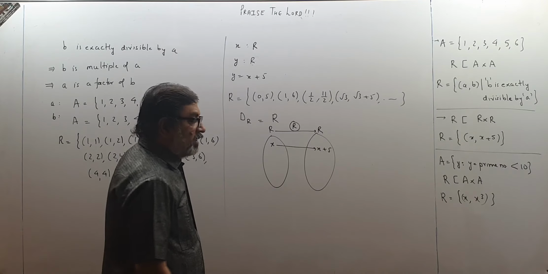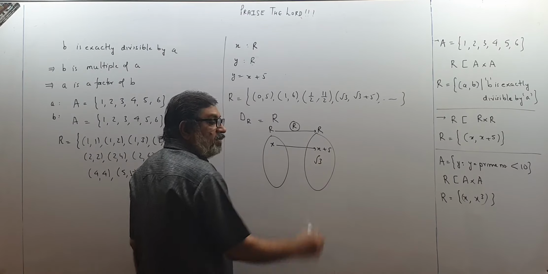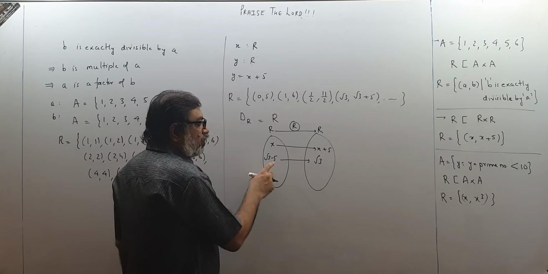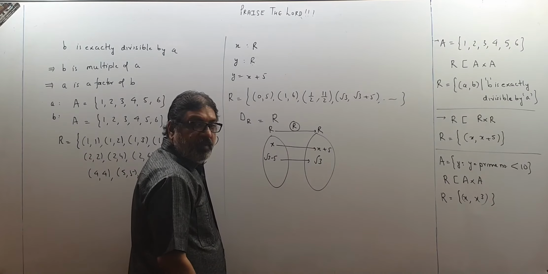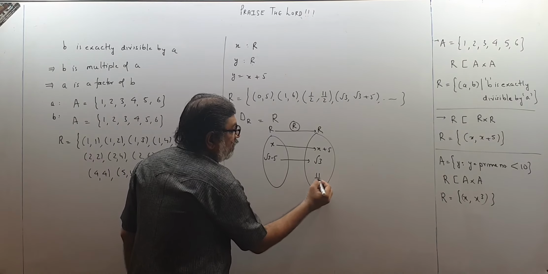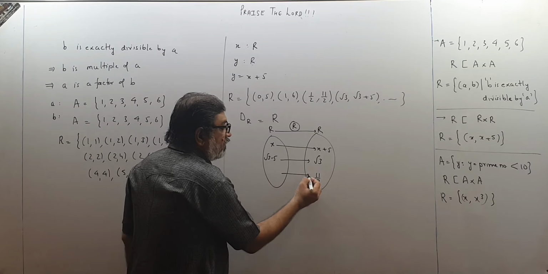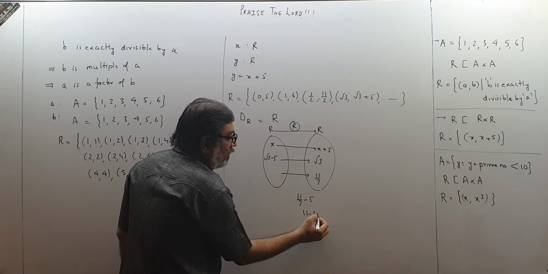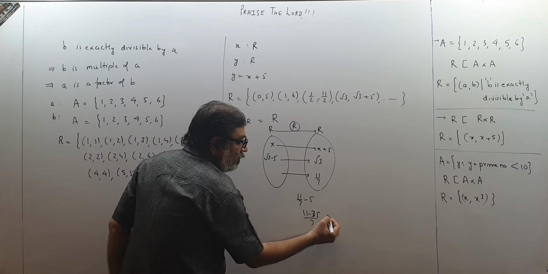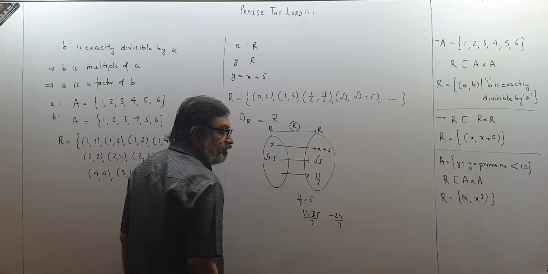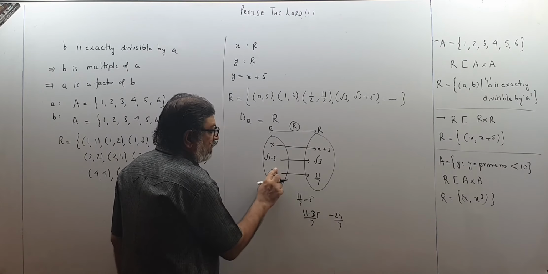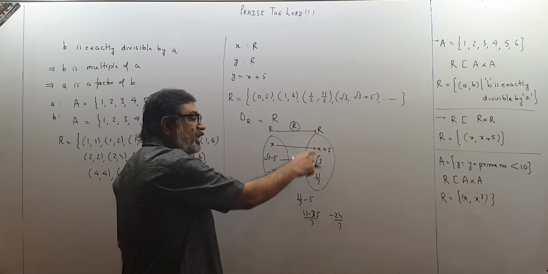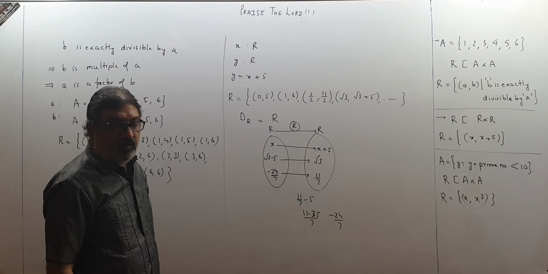Now supposing I think that root 3 cannot be included in the range. So what I do is I pick up root 3 minus 5 from here. So root 3 minus 5 plus 5 will become root 3. Supposing somebody says 11 upon 7 cannot be included in the range. So subtract 5 from this. 11 upon 7 minus 5 will be 11 minus 35 upon 7, that will become minus 24 upon 7. So I will pick up minus 24 upon 7, and when I add 5, I will reach this number. That means in the range all the elements will be included, no element will be left out.